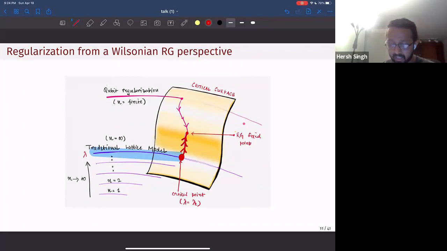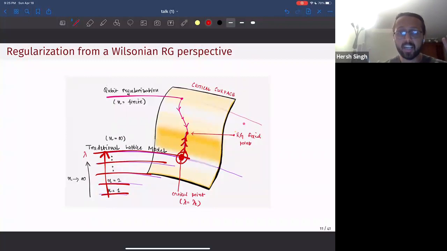One approach of digitization would be to just construct more of these models. Now, each of these might not have a critical point, so you can't directly take a continuum limit here. But you know that if you go first in this way towards the traditional lattice model and get the local Hilbert space right, then of course you will be able to tune yourself to the critical point and get the continuum theory, right? That is that approach. What we're suggesting is that for theories of interest, maybe you can just do this.